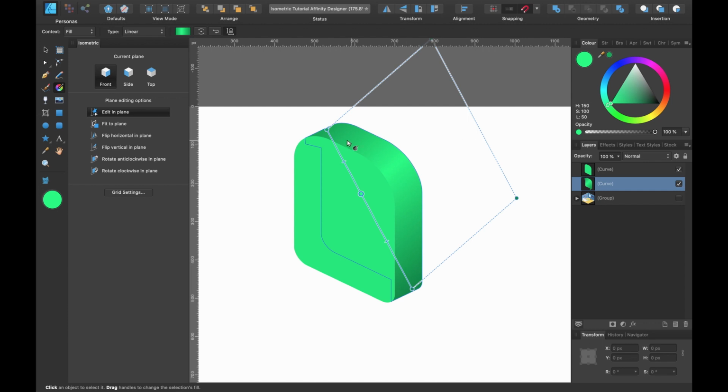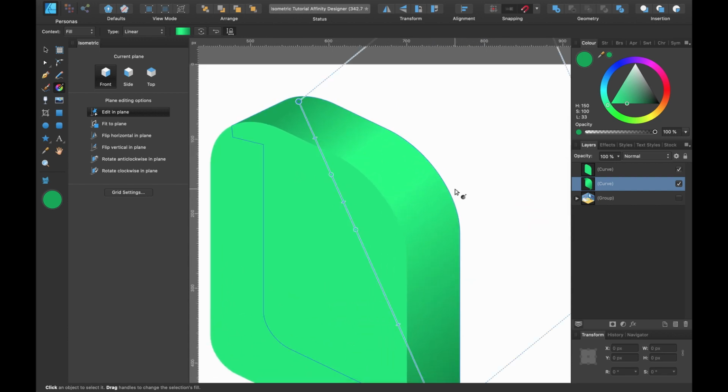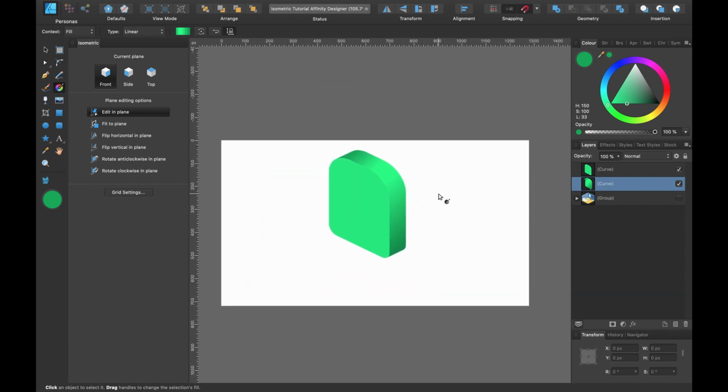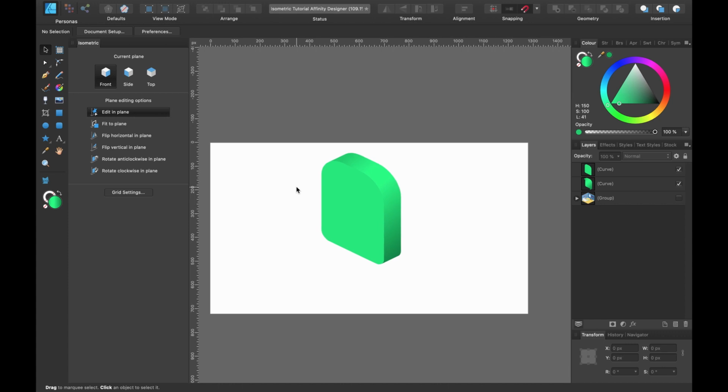Yeah, about there. And I will add one more. Something like that. You can see it's not quite lined up, but I think that would be lined up. This looks straight, that looks kind of straight. And make that a little bit lighter as well. So you can see it looks a lot more three-dimensional now.